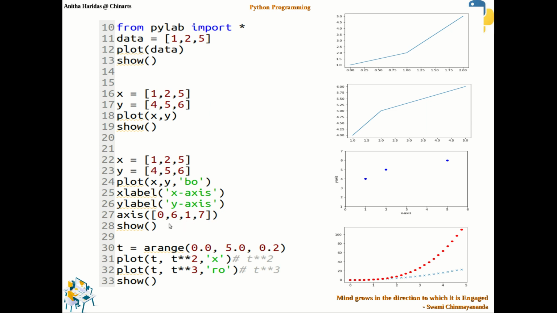In the list, I have given the minimum and maximum value of each axis. So it says 0 is the minimum value and 6 is the maximum value for my x-axis, and for the y-axis I have given 1 as the minimum value and 7 as the maximum value.